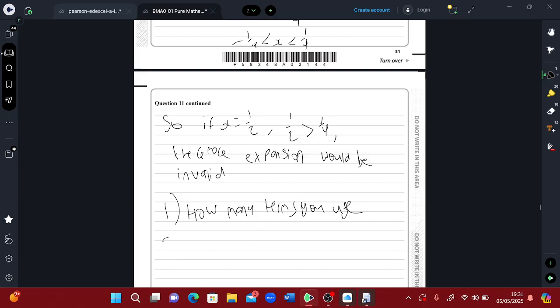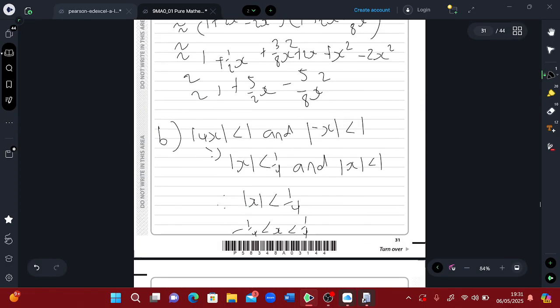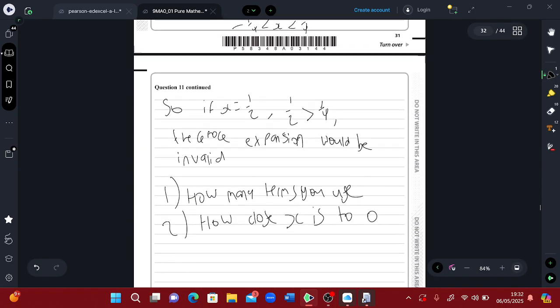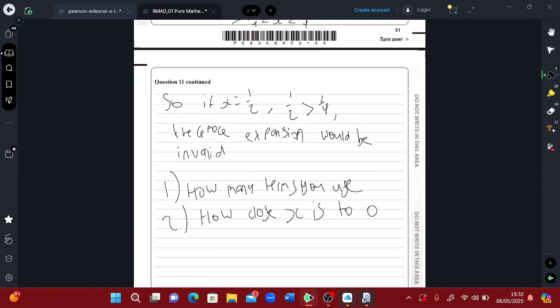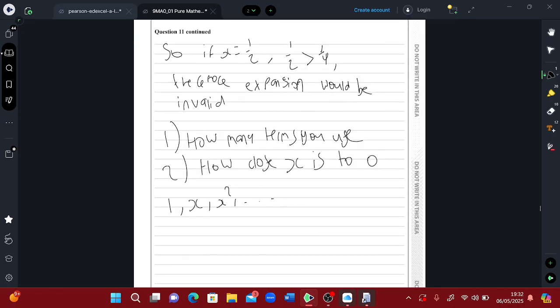But the second one, which is not thought of as much, I guess, and it did come up in 2019, is how close x is to 0, because it affects the rate of convergence. So if x is close to 0, the best way to think about it is if I keep adding polynomial terms, 1, x squared, as you get closer to 0,